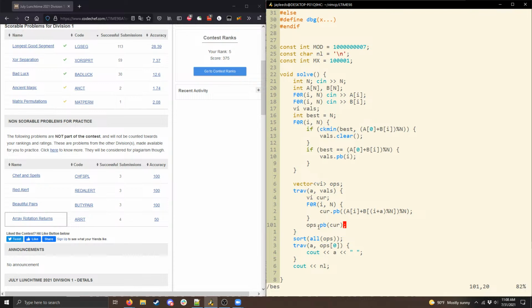QXP asks, if there was no constraint saying that the values were only up to 2n, then is this question doable? Not using the solution I came up with. I discussed this in a bit of detail a few minutes back, so if you're curious, you can rewind a little, and I talked about it there.